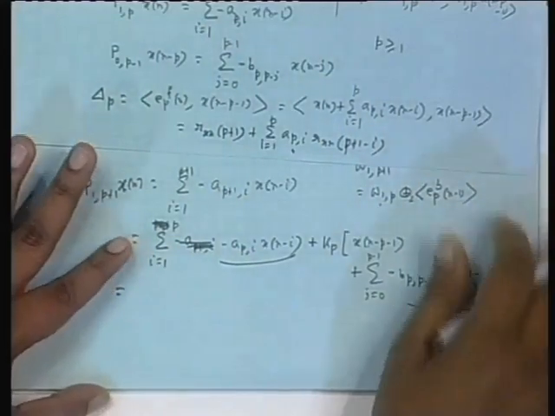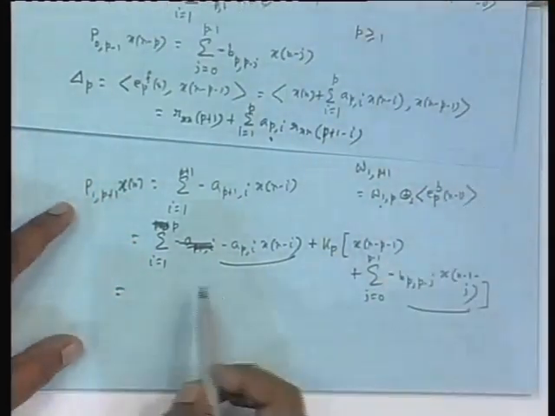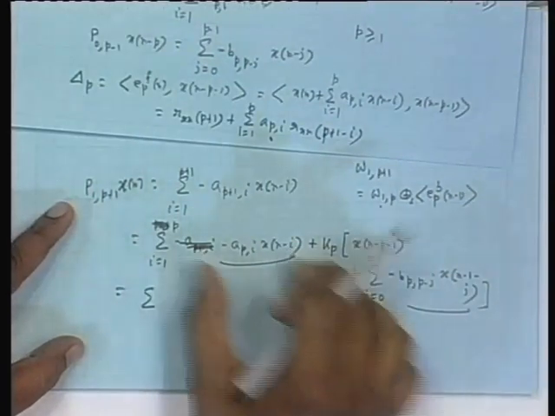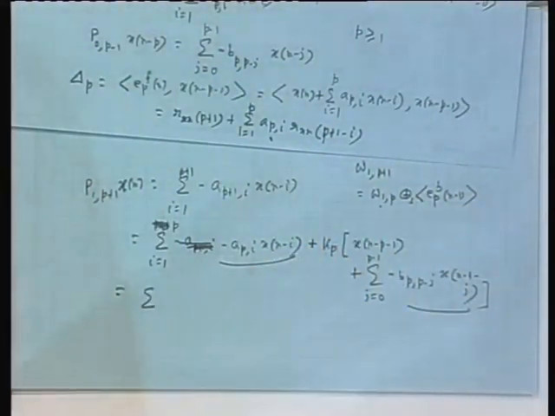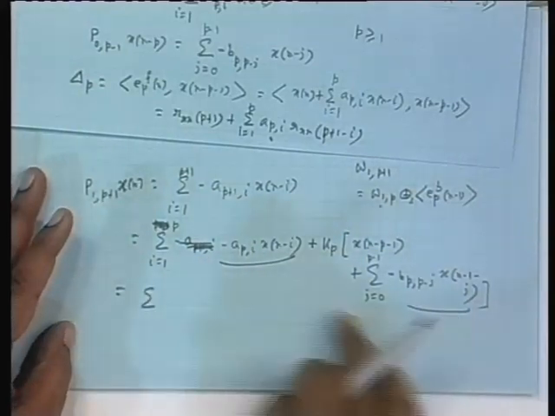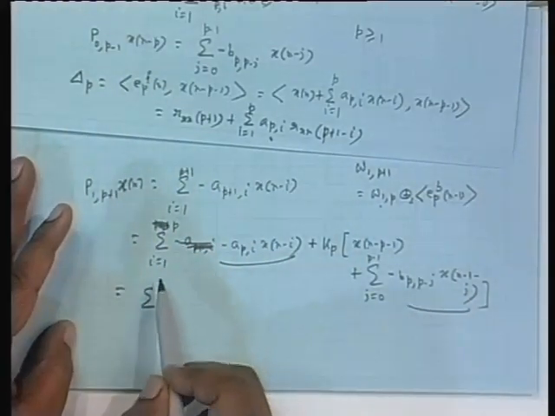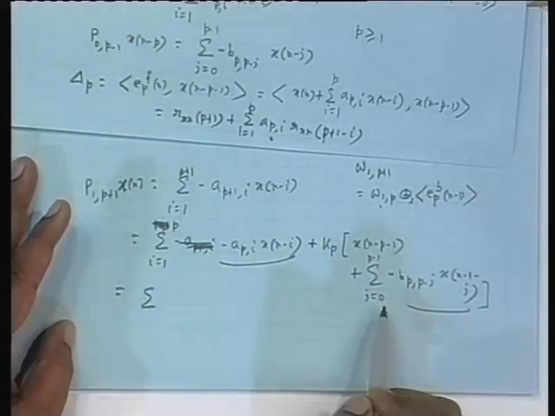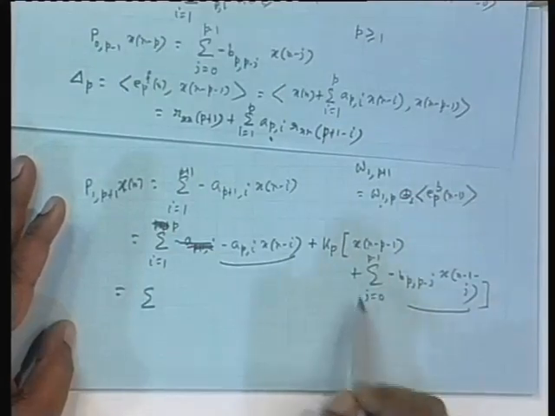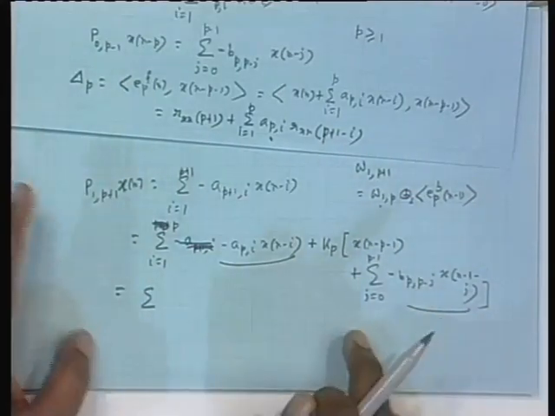I will be writing separately. I want to put the two summations into one summation. There is one with i and j, and I want to have one summation. So, obviously, you see I have to do some trick, because here the range is from 1 to p, here 0 to p minus 1. So, I have to replace j by j prime or whatever. I will bring back i here also.